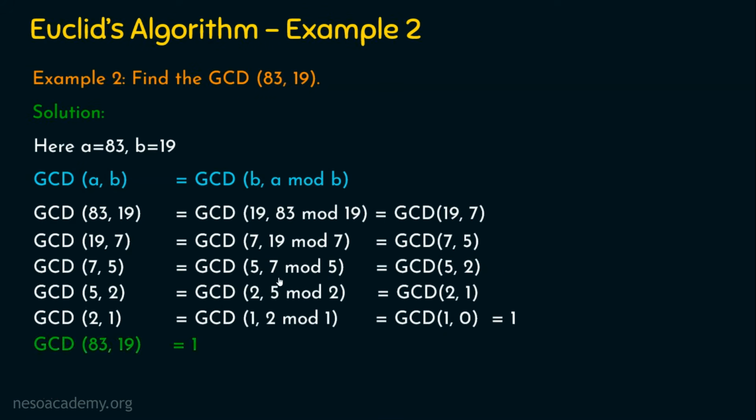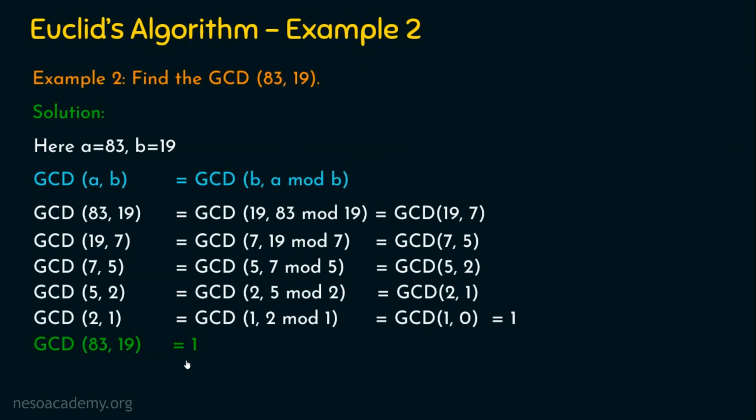It means these numbers 83 and 19 are relatively prime. Are you wondering that I am using the term relatively prime for the first time in this lecture series? No worries. In the next lecture, we are going to see relatively prime numbers. There we need the concept of finding the GCD of two numbers in order to check whether the two numbers given are relatively prime to each other or not.